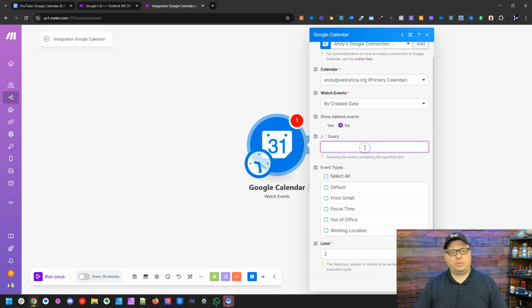Again, we're not going to do a query. If you were looking for an appointment that had the word client in it, you could certainly type client here, and this would search for only events that had the word client. I'm going to leave that blank. I'm going to set this up in such a way that it sends all the data over to our Microsoft calendar. Event type, I'm going to say default and limit